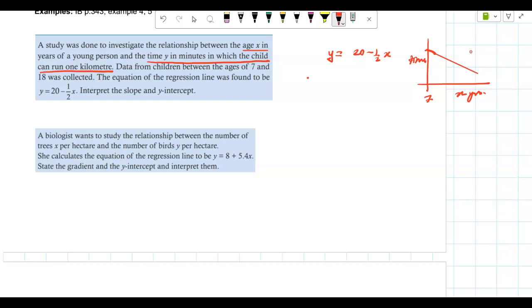Okay. Now this is positive correlation. Earlier,